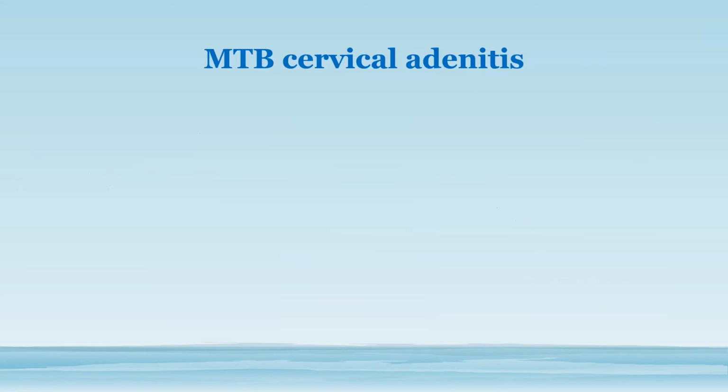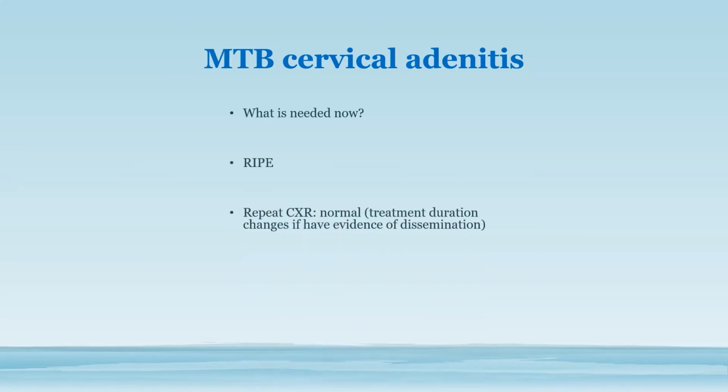Interestingly, we now have to convert to looking at things by his age group. Are there other sites that are going to make us change our management? Because we knew we needed to switch from monotherapy over to RIPE, we did repeat a chest x-ray at that time because we wanted to make sure if there's anything looking like miliary, or a non-contiguous site involving intrathoracic lymph nodes, that this is dissemination and would require a change in our duration. We did some repeat labs to look for signs of him being sick, which were also concerning.